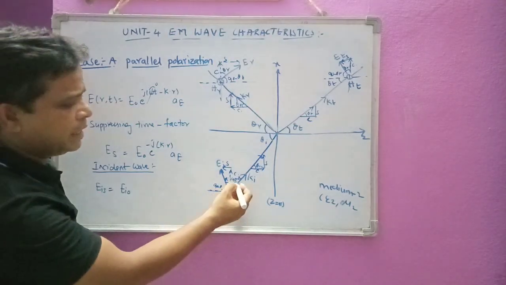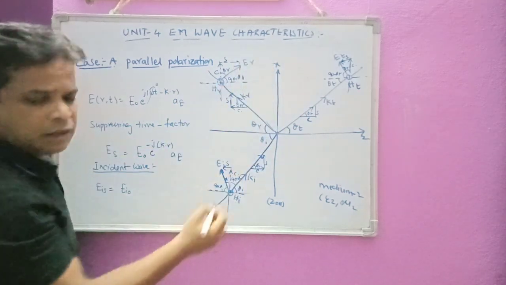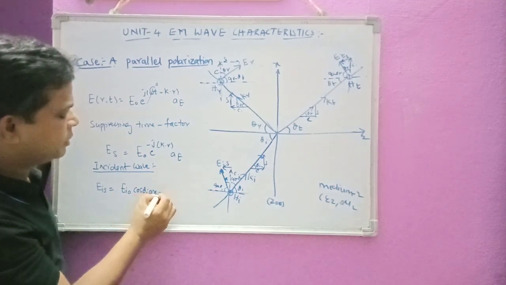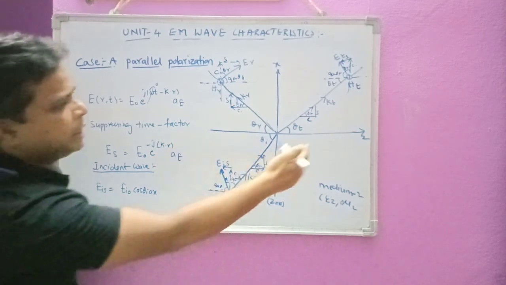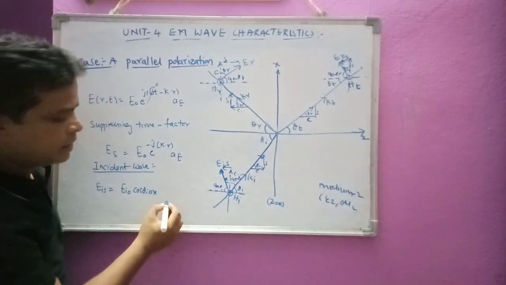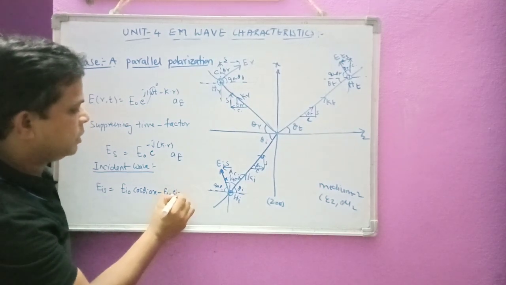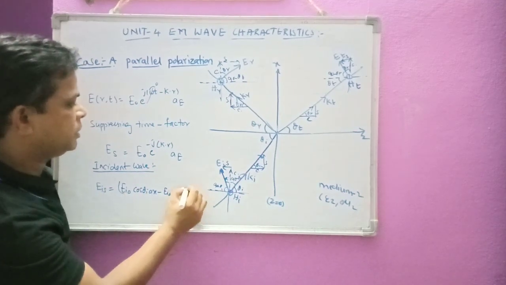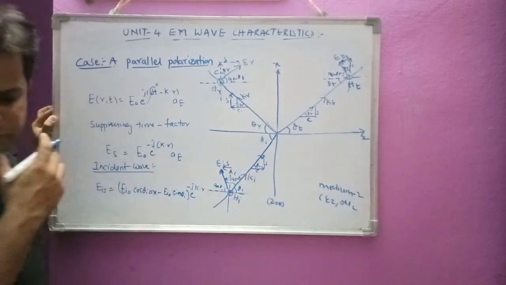So let me use this diagram. Here there is a cosine component, moving along the positive x direction. Here, for the cosine component, I have to write E_i0 cos theta_i a_x, and the sine component is moving along the negative z direction. This is the positive z direction and this is moving in the negative z direction. Now I can write here as minus E_i0 sin theta_i a_z, into e power minus j k dot r.